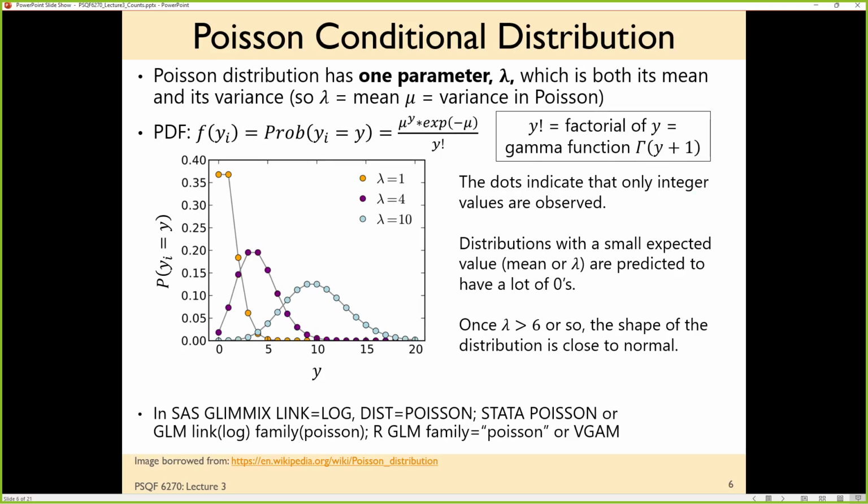So Poisson is the standard starting point of what kind of distribution a count variable would follow. The trick about the Poisson is that it is also a one-parameter distribution. Just like Bernoulli has only a mean, but doesn't have a separate variance for binary data, same story here, where the variance is the mean. They're the same number. It's a one-parameter deal. So on slide 6 here, the yellow line is meant to describe a distribution that has a parameter called lambda, which is the mean and the variance, of 1. It would look like this.